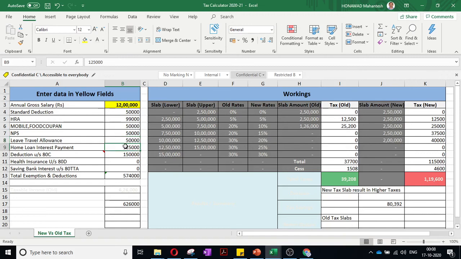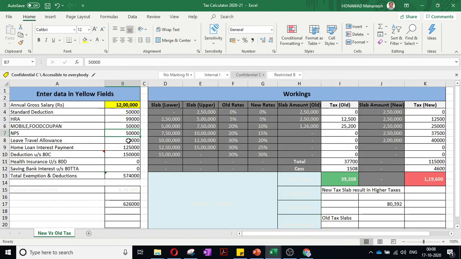So home loan interest is there, that is one thing. ATC, anyhow, PF and your student fees, FD, NAC, something you have saved, it will come in 1,50,000. So here you are going to invest extra for NPS and leave travel allowance. Anyhow, NPS you will get a very good advantage after 60 years. You will get some lump sum amount, and also very good interest. So it is not a loss, it is a good saving.